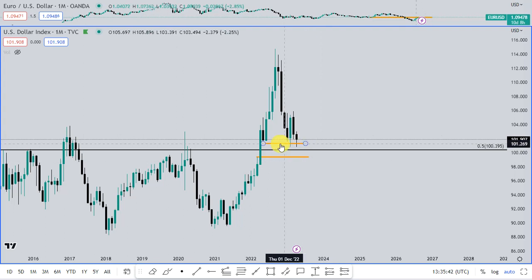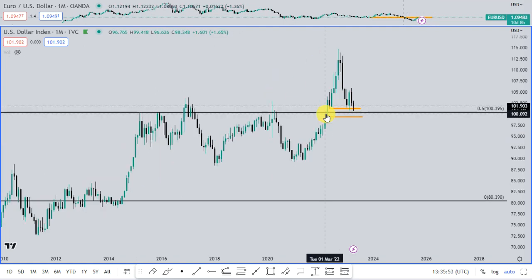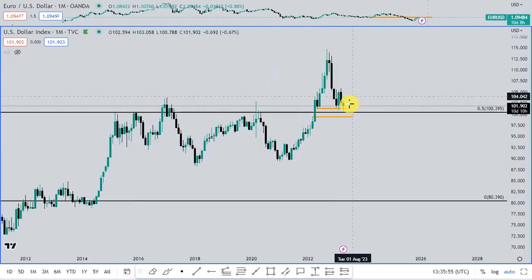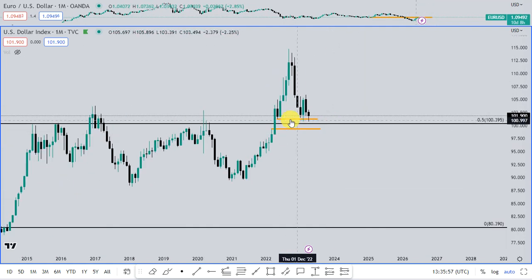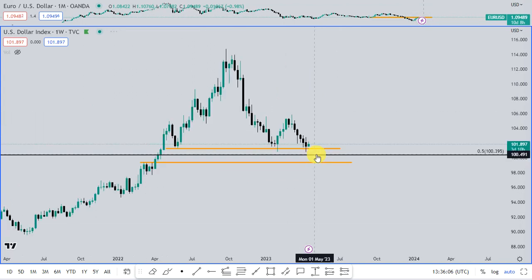So it shows that price can either pump from here, or it might go lower to this line, and after that it will start going up. So DXY is currently above this support area, and it can start going up from this level on the monthly time frame. Now we go to the